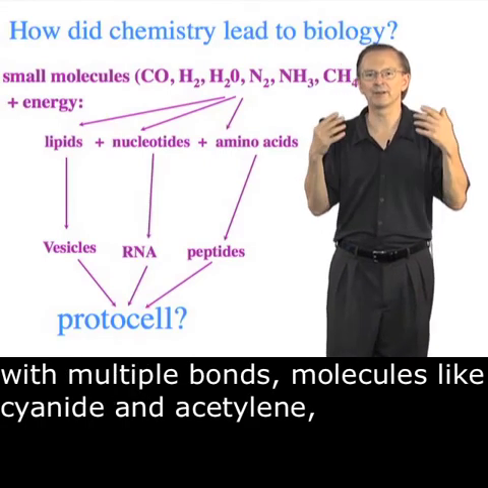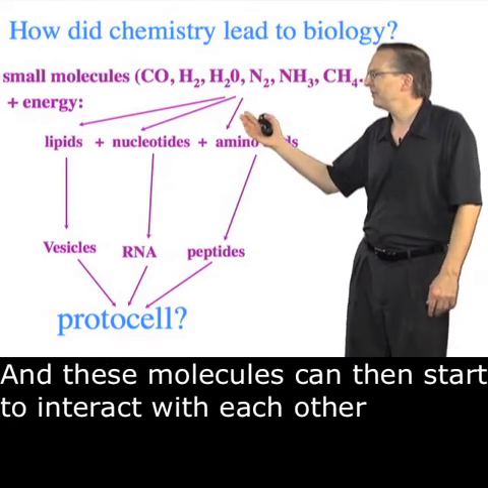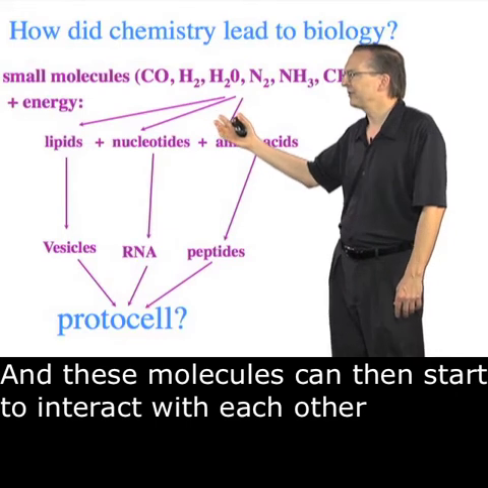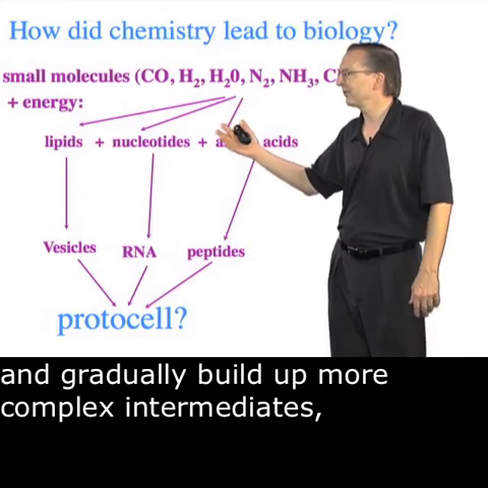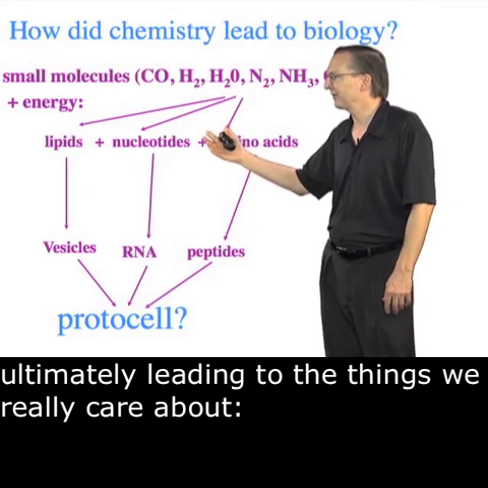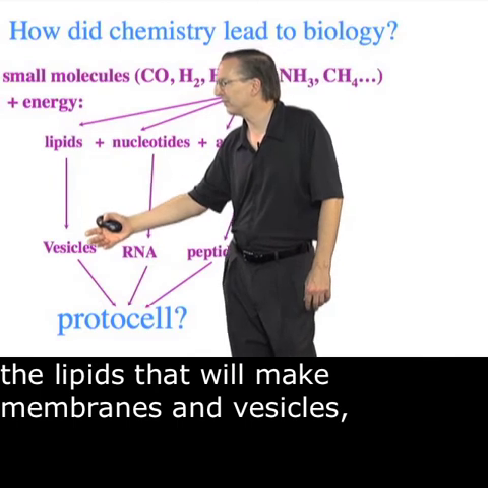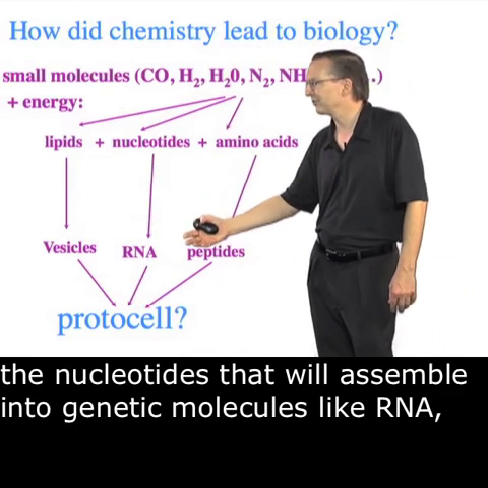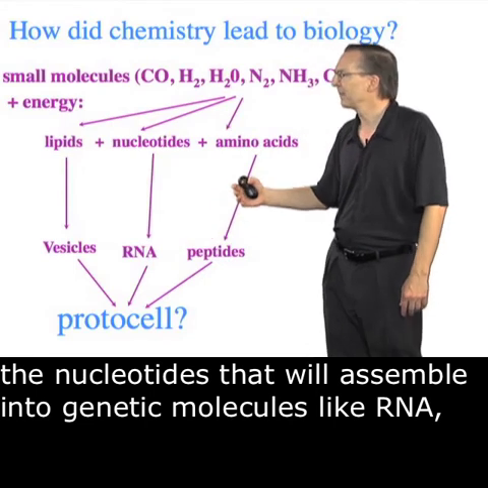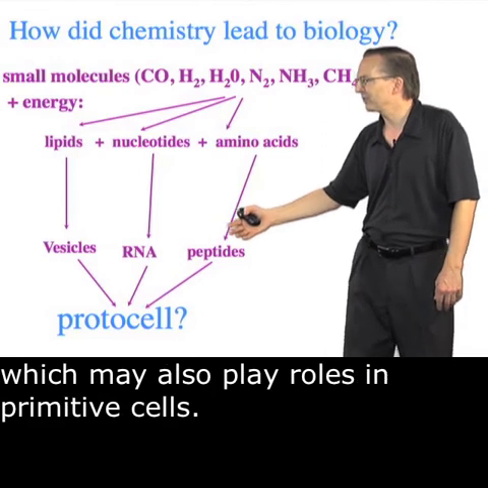Molecules like cyanide and acetylene, formaldehyde, and so on. And these molecules can then start to interact with each other and gradually build up more complex intermediates, ultimately leading to the things we really care about, the lipids that will make membranes and vesicles, the nucleotides that will assemble into genetic molecules like RNA, amino acids that can assemble into peptides, which may also play